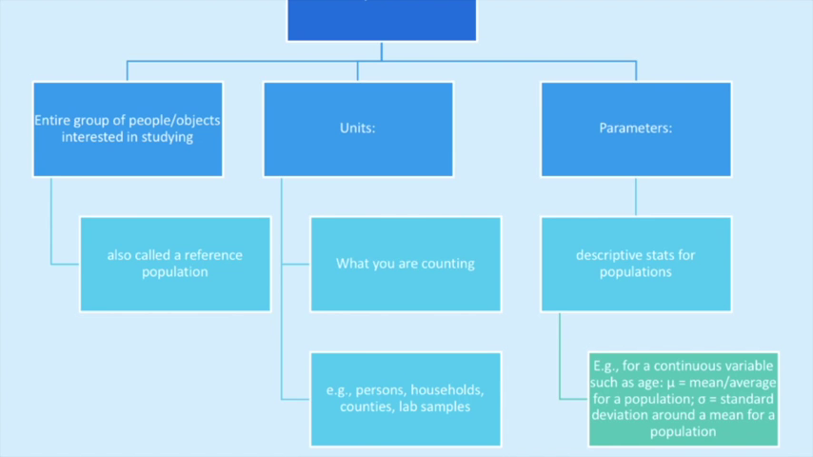Here's showing a breakdown of population and what the population truly means. So the population is a group of people or objects that we're interested in studying. It can also be called a reference population. The units of a population are what we are counting. So this could be people, it could be households, it could be counties, it could be lab samples, as well